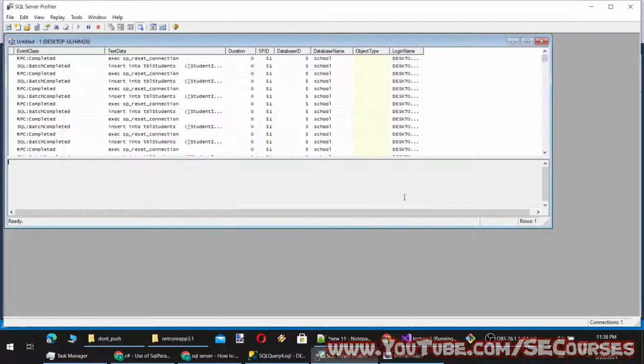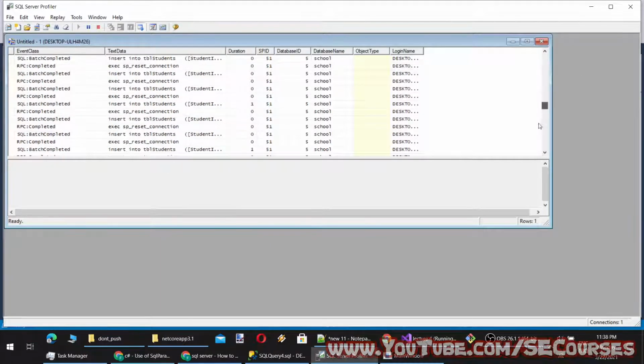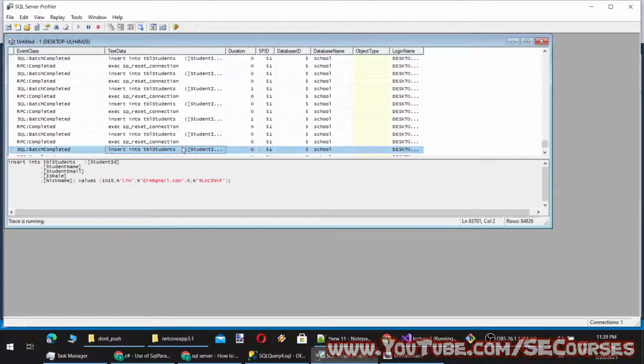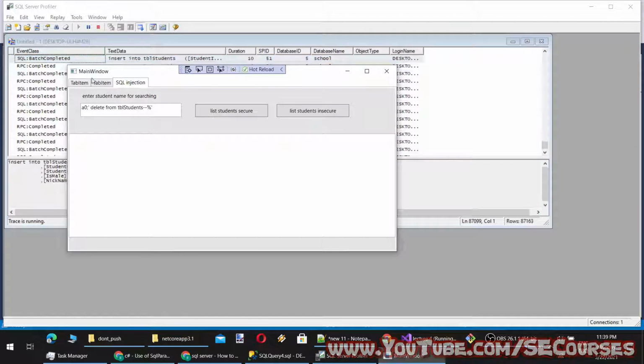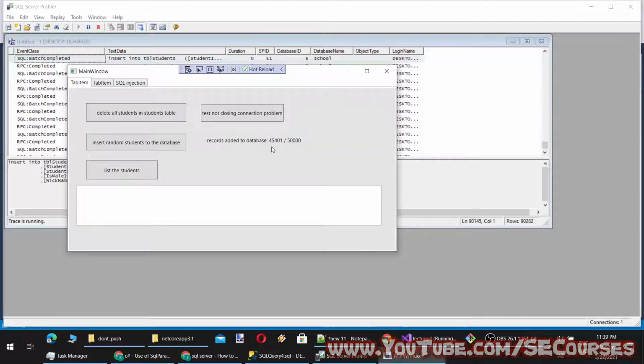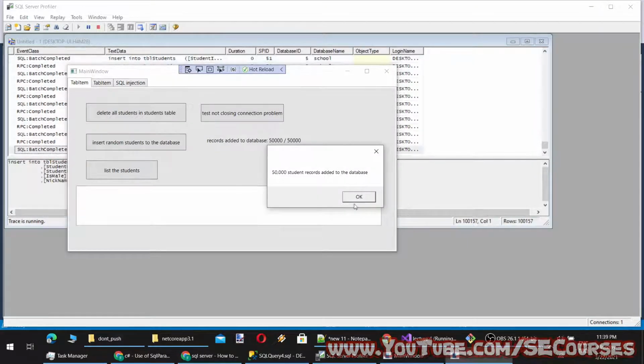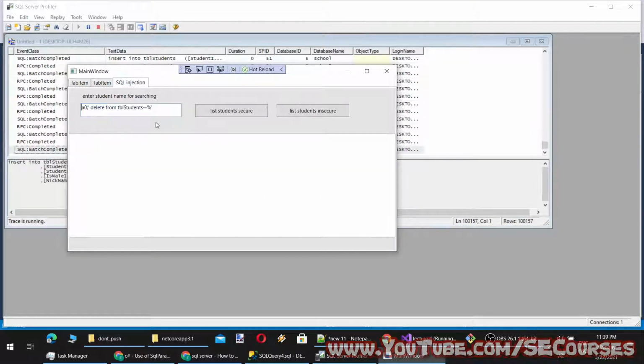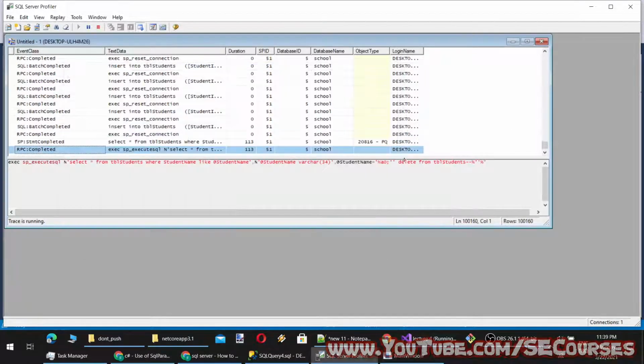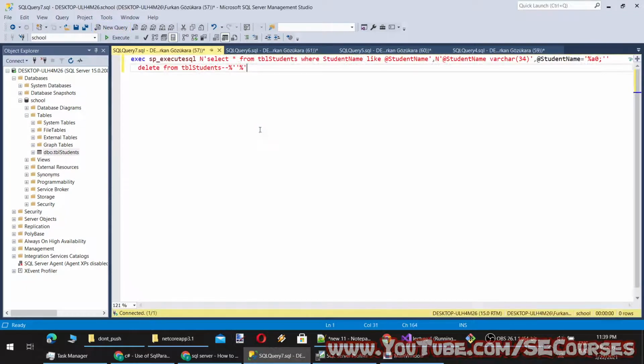Okay, secure. Currently our insertion is getting executed and listed here. Now it has ended. Now we can find it here. When we execute the query like this, this is the secure way of execution.